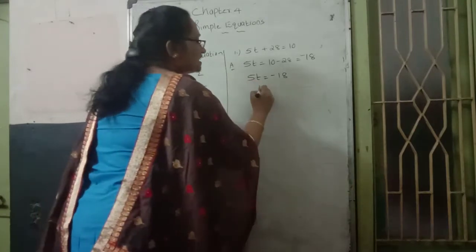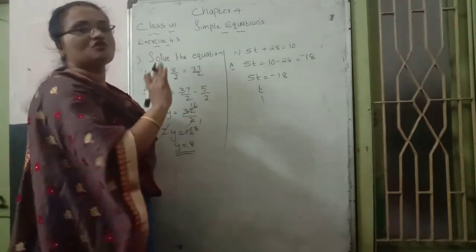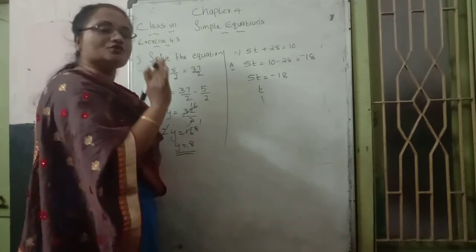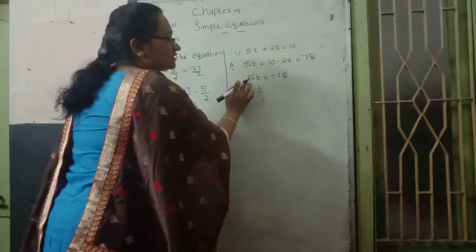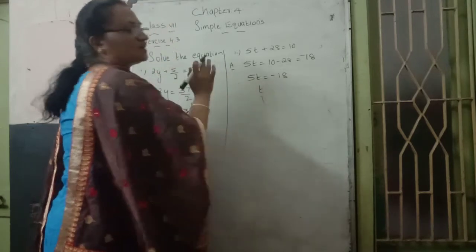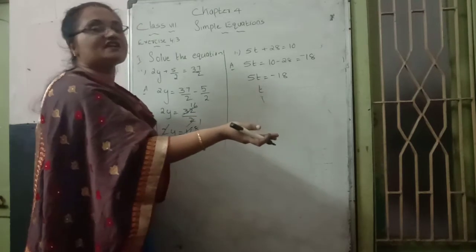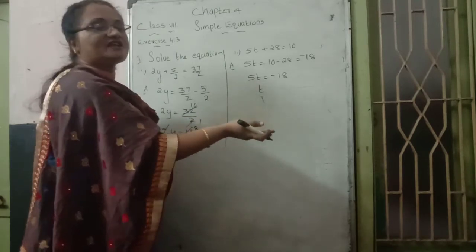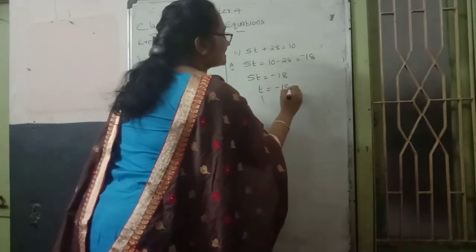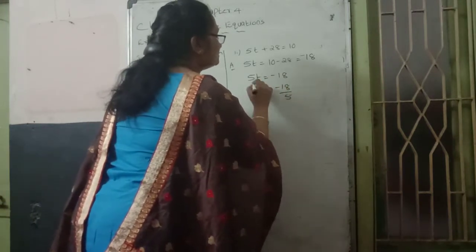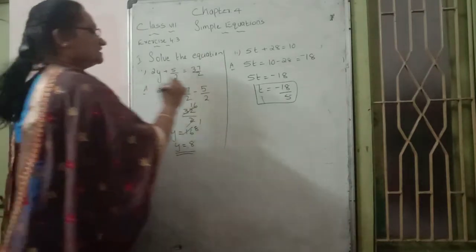So how does the t value come, friends? First we check right and left: is cancellation possible? No, 5 table and 18 do not match. Cancellation is not possible in this case. The coefficient of t is 5. The number multiplying t is sent to the opposite side, and as we learned last class, it becomes the denominator. So our answer becomes minus 18 by 5. I hope you can understand this one.